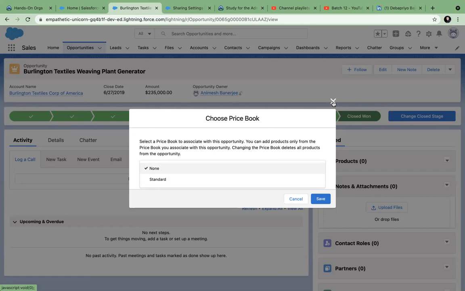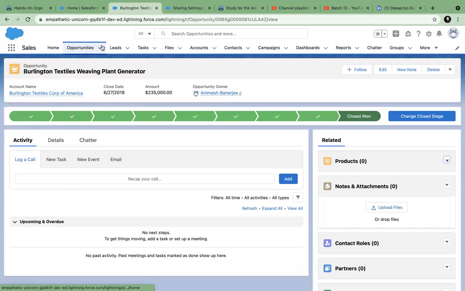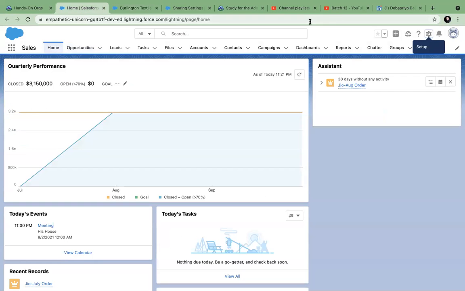If you have view, then you can go to the price book tab and see the different price books which are there. And if it is no access, then only if you're the owner can you see that price book, otherwise you cannot see it. So you can see it, but you cannot use it. Okay. That's correct.